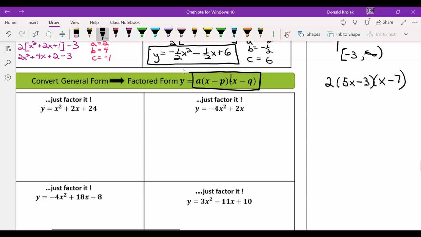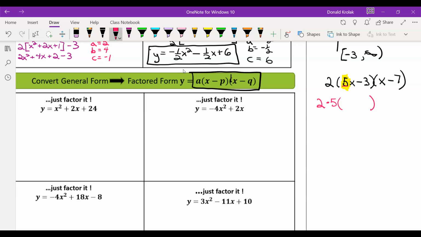The problem is this has to be a 1, not a 5. So you can't leave it like that. That would not be in factored form. So to get rid of a coefficient, you just divide the whole thing by that coefficient. That's factoring. So if I pulled this 5 out of that binomial,